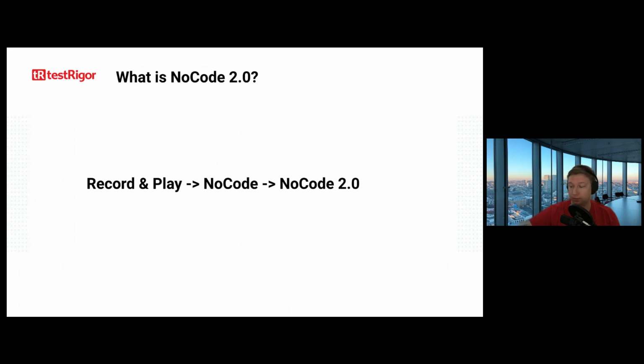It did help in a lot of cases, but it introduced another issue: those no-code tools made things very rigid, and whatever code was produced was very hard to update and maintain, and you would need to re-record. And finally, the NoCode 2.0 wave of low-code, no-code tools introduced a new way of helping people achieve